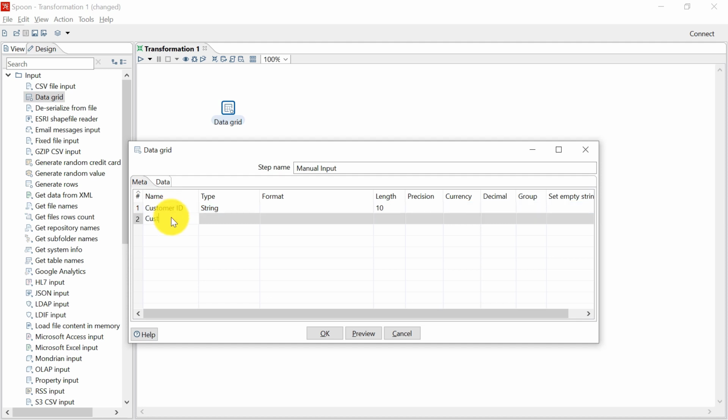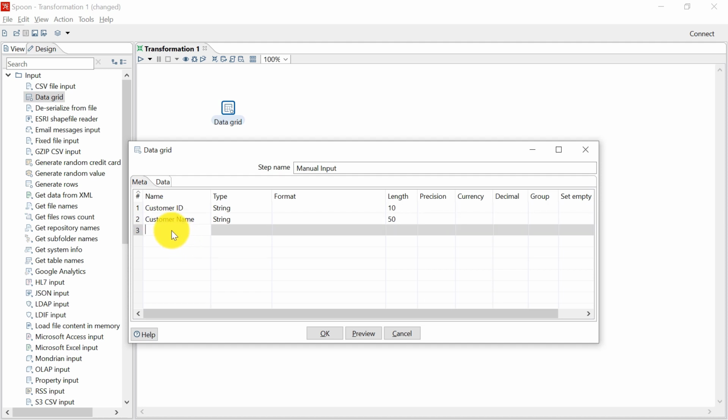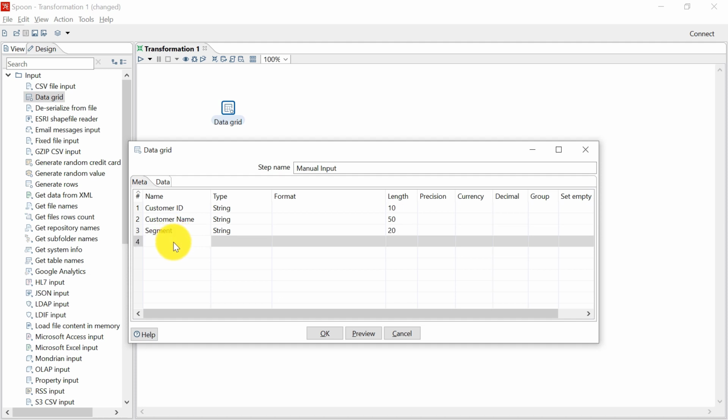Then we have customer name, which is also string type, and we'll keep 50 characters for this. Then we have segment, this is also string. And we have 20 characters for it. Then there is age.